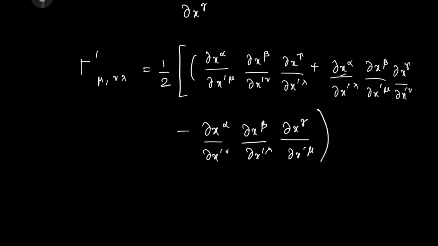This is the first bracket, multiplied by g alpha beta. So this I have taken common outside, plus